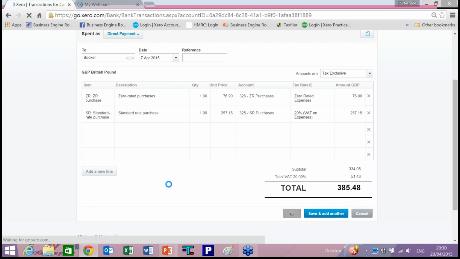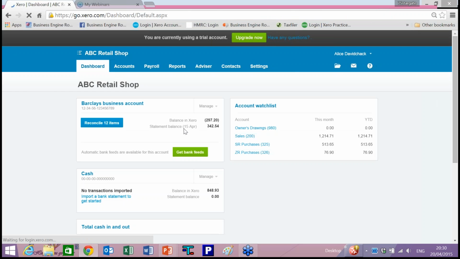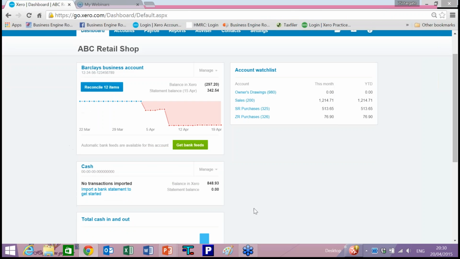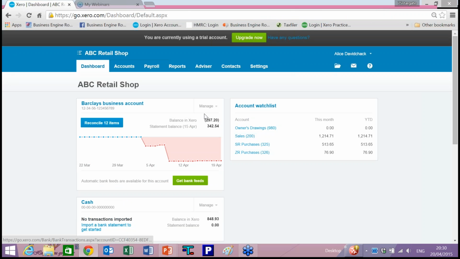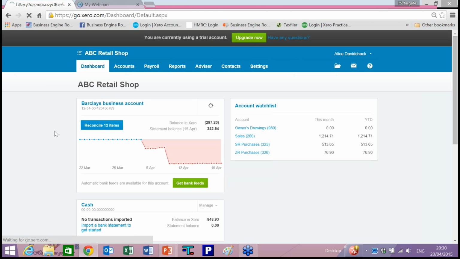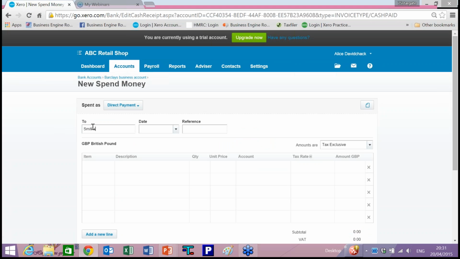The third example I want to go through with you is Smith's News, and this one is a bit of a special case. Normally you will have a mixture of standard rated and zero rated goods on the Smith's News invoice, and it's quite often paid from a bank account, so we'll go from a bank account, spend money, Smith's News,